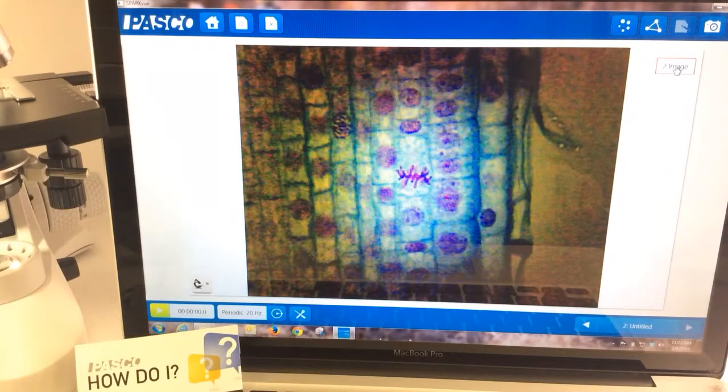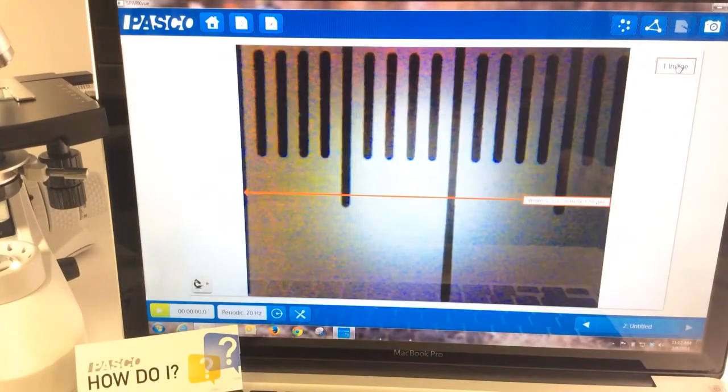I first need is a reference. So I also captured an image of a micrometer slide to be able to give me that standard of what the width of my image is. So using the micrometer slide, I determined that the width of the screen within SPARKvue is 0.17 millimeters, or it's usually micrometers that we want when we're looking at microscope images, so that would be 170 micrometers. So once I've determined that reference